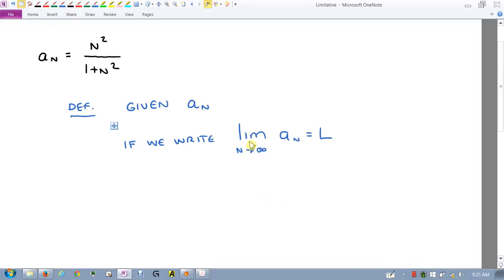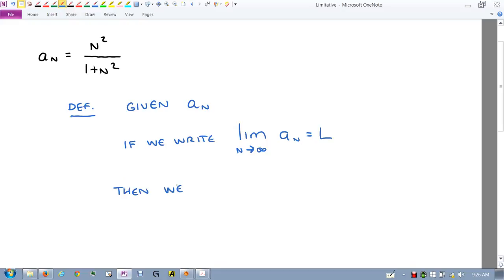So if we write this down, I'm going to tell you what it means in a second. What we're saying is we're letting n go to infinity. That means we're looking at the numbers in the sequence as we keep on going further and further and further out, right? If we say that that limit is equal to L, where L is a number, then